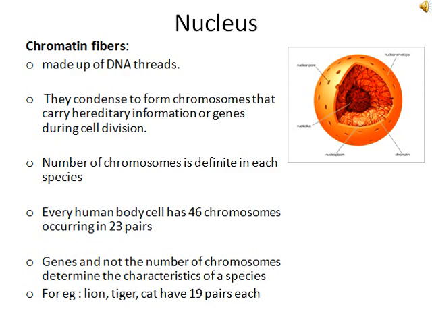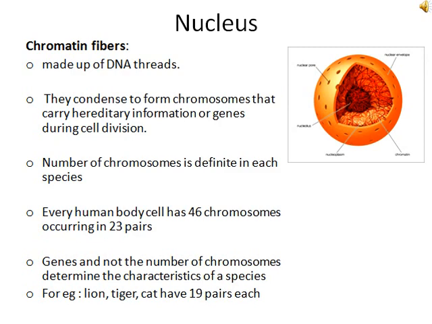When we observe the number of chromosomes in different organisms, we can see that the lion, tiger and cat have the same number of chromosomes, that is 38. But we know that they have different characters. From that it is clear that the genes determine the character of an organism, not the chromosomes. The nucleoplasm of the cell contains one or two round bodies. They are called nucleolus. They produce ribosomes and participate in protein synthesis.